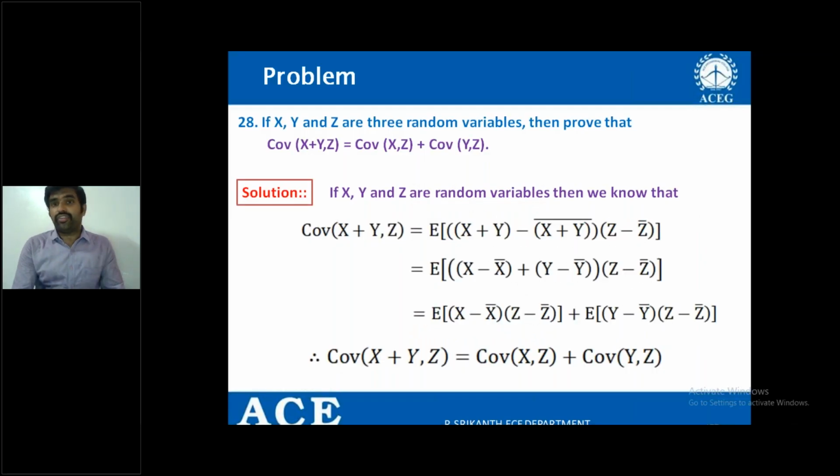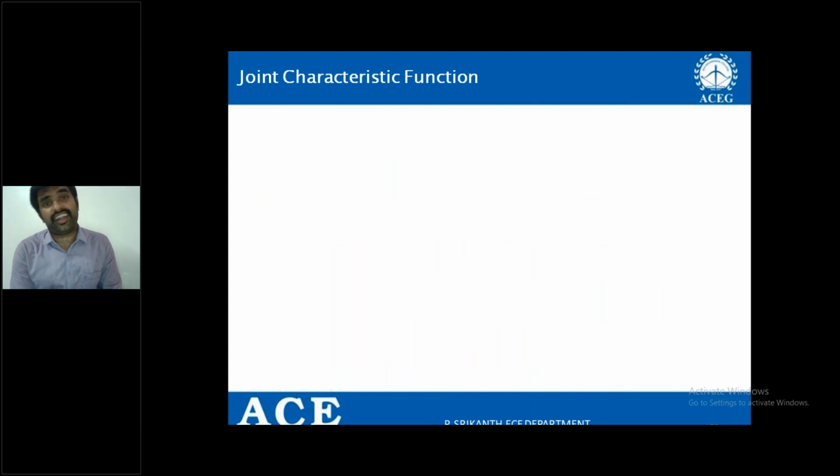So this is the way to solve the problem or to prove the property, right? So now we are moving to the next topic. So what is the next topic? Joint characteristic function. So far what we have discussed